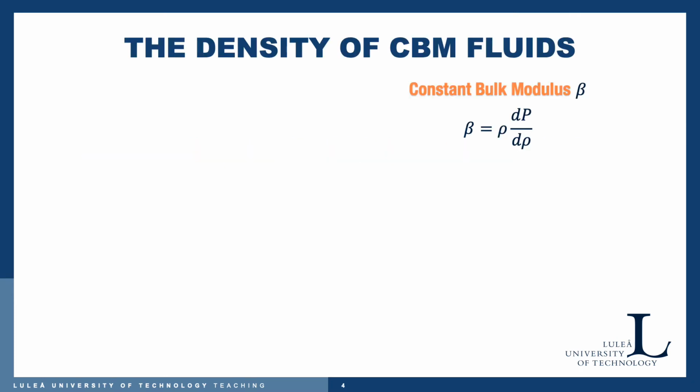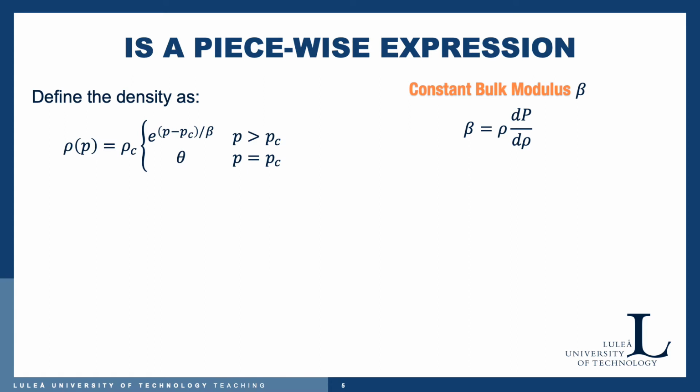Let us assume that we have a constant bulk modulus type of compressibility in our fluid. Then we can build up a cavitation model for this, which can consider as many occurrences of rupture and reformation within the lubricated conjunction as you like. So this can be done by defining the density